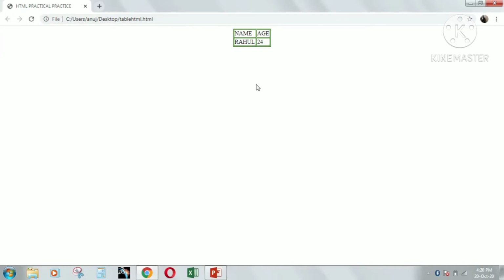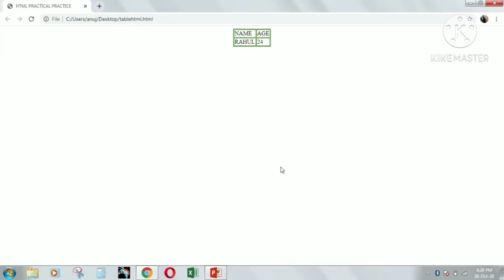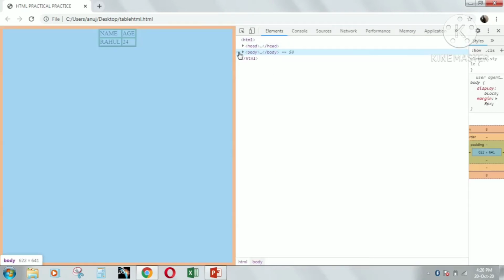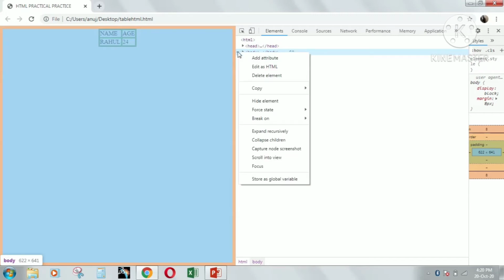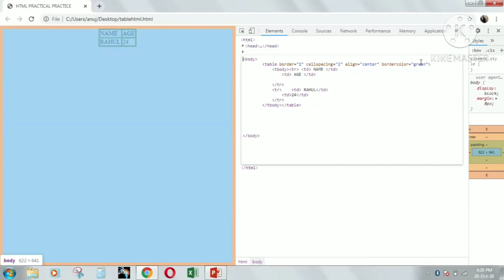So as you can see, this is the table created with the help of table tags and table attributes. Now I'm also showing you some changes. If you want to edit the same table, and you want to increase or decrease some values, like I'm changing the border color, setting it to red, and table border 5, cell spacing 5.